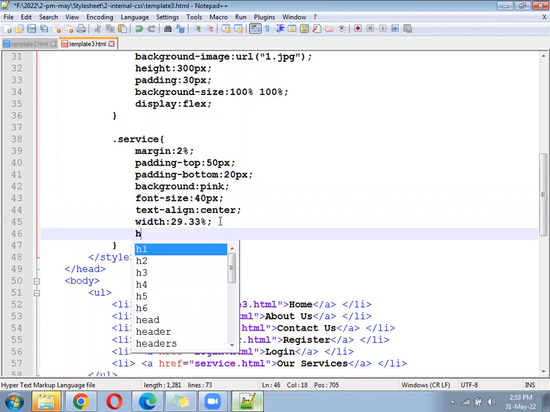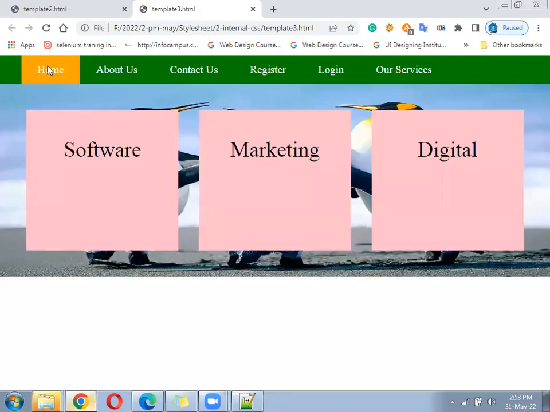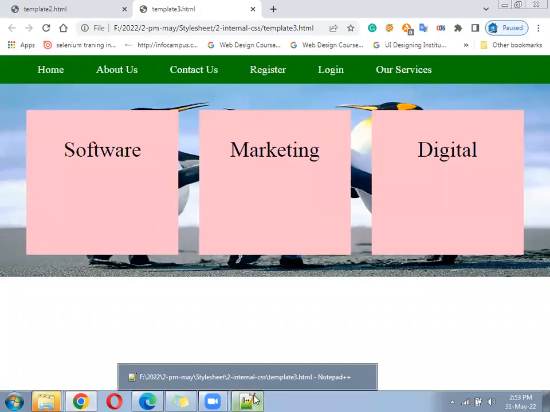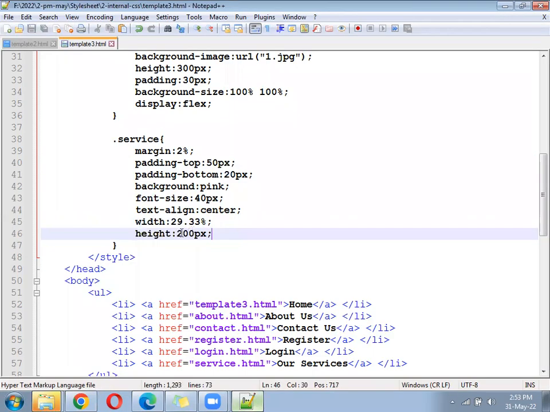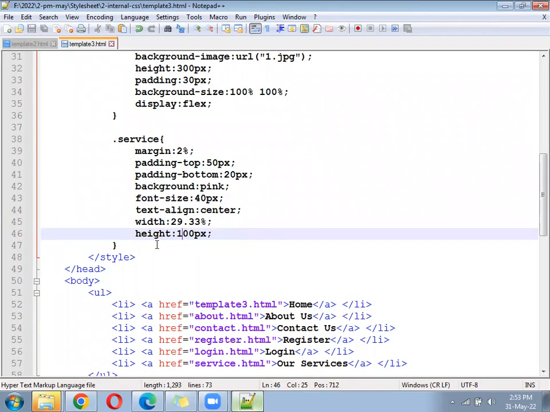Or keep height only, 200px. Height 200px, not able to fit. 100px. Okay. With height 100px, it should fit.